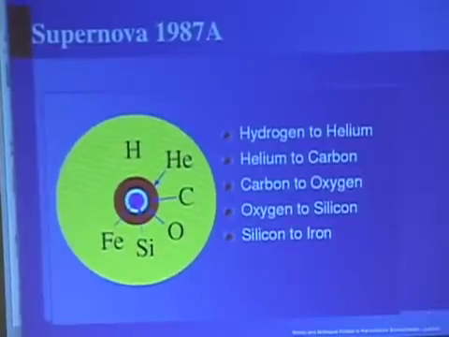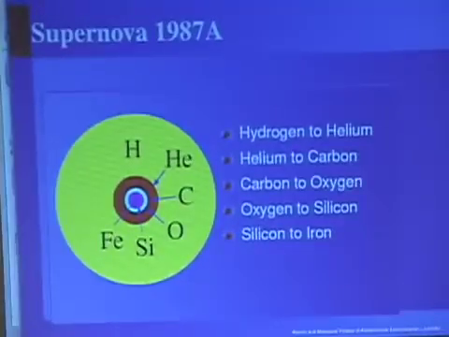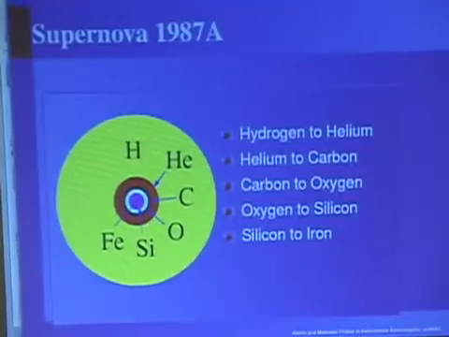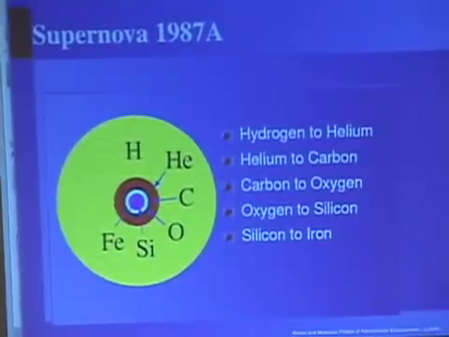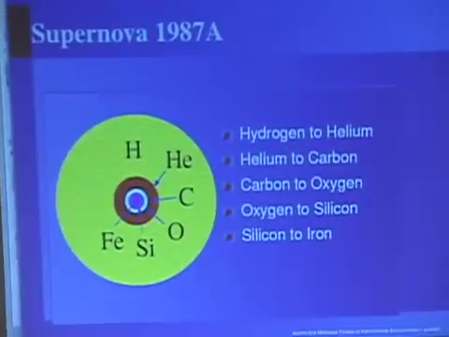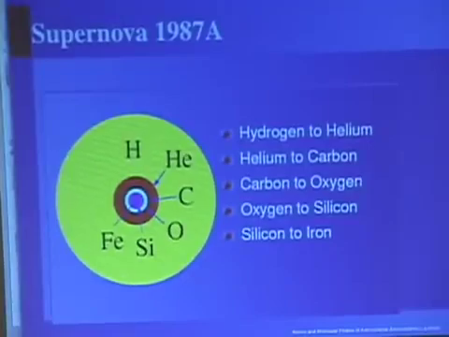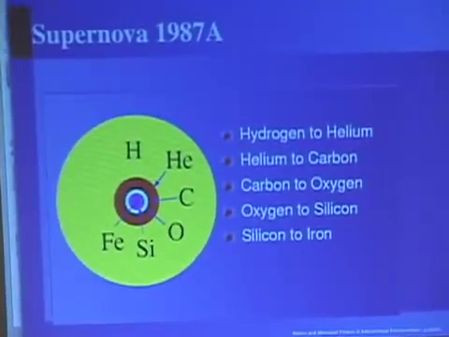But then it burned all the hydrogen up to helium in the core, and the core collapsed again and burns helium up to carbon. Burns all the helium up, the core collapses again and starts burning carbon to oxygen, or actually carbon up to neon, which decays to oxygen. And then collapses again, burns oxygen to silicon, collapses again, burns silicon up to iron.